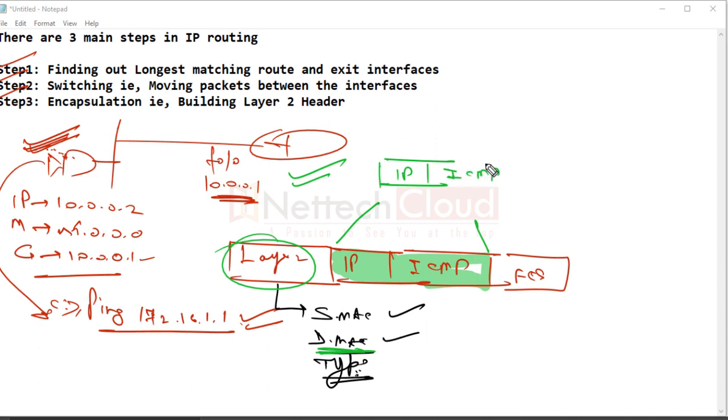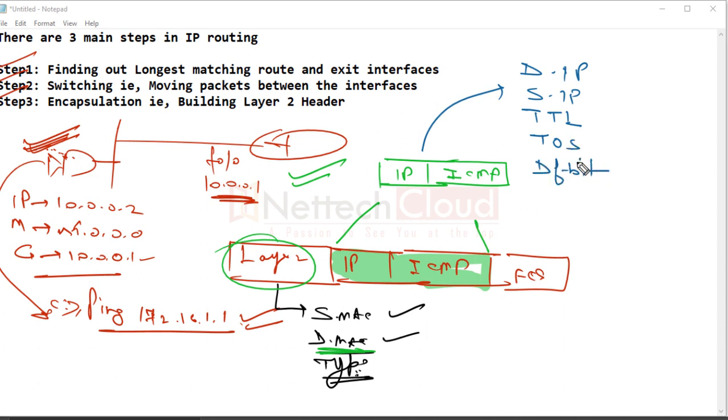The IP header is 20 bytes, and it includes the destination IP address, source IP address, time to live, type of service, the DF bit, the do not fragment bit, IP option field, length, and checksum, right?